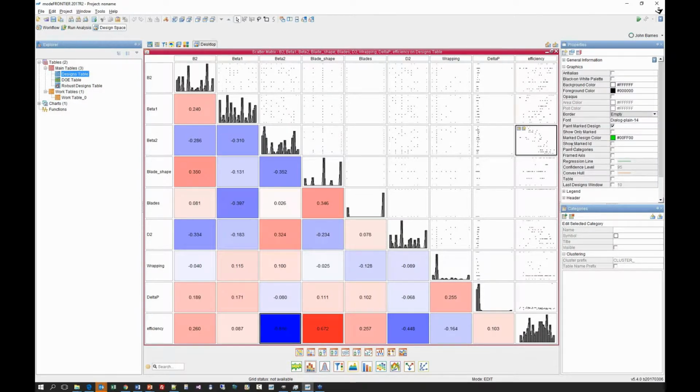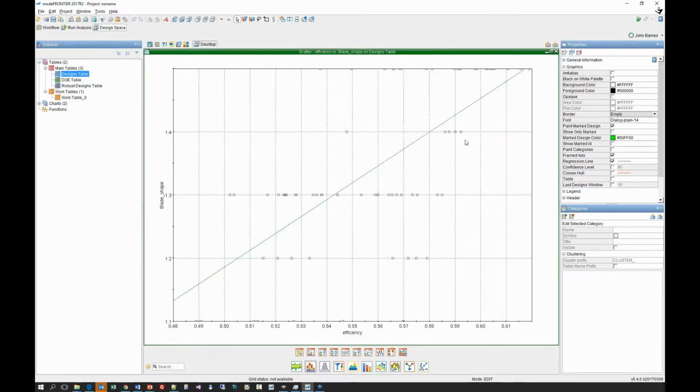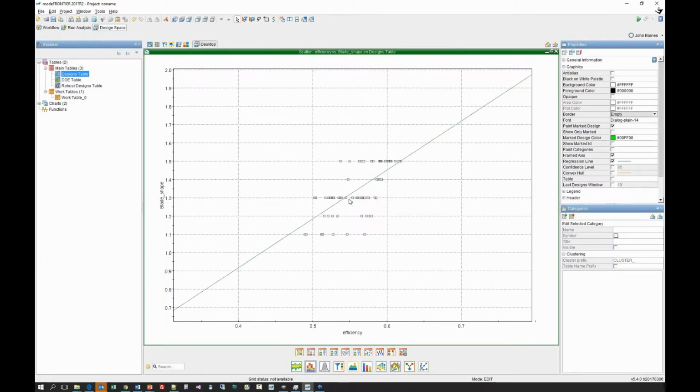If I were to then plot a regression line through it, you would see that there is a negative regression line of the relationship of beta 2 to efficiency. So you can see why that result is like it is. So this is a positive 0.6, and again, we can do that. We can pop these out and look at them in more detail and look at the distributions.